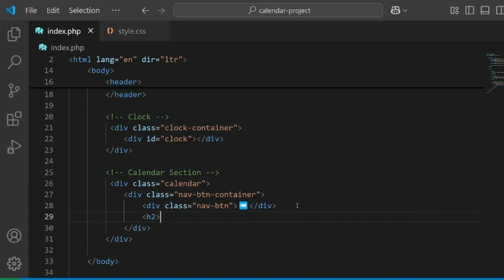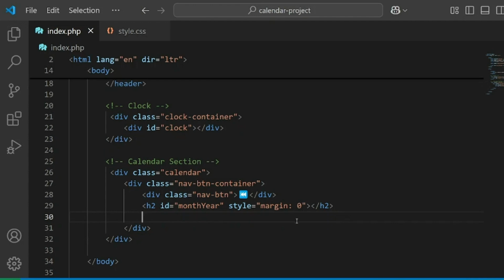After it, we will add an h2 element, and specify id equals month year, style equals margin 0 to make the margin of this h2, the heading 2, as 0,